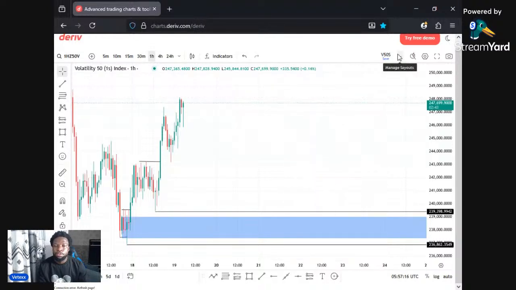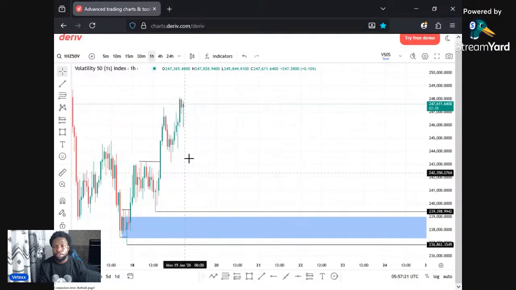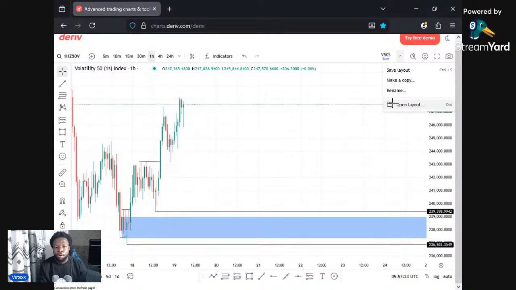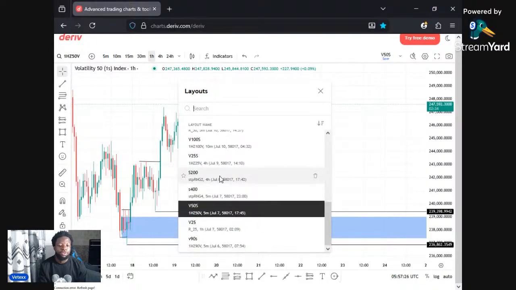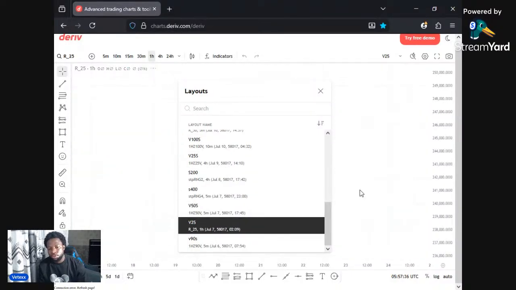So there's nothing happening on the V51s. We only had a structure on the 1 hour that we are anticipating. So we'll just skip for now. So far, so good. We haven't had any setup. Why? Because we are looking for quality and not quantity. We are looking for A plus setups and not B plus setups. So